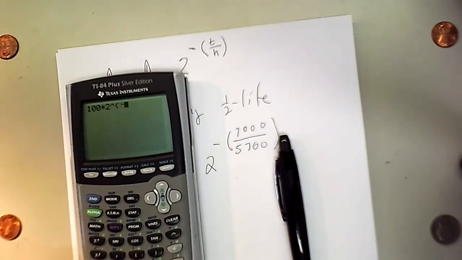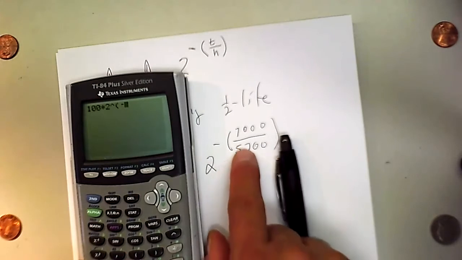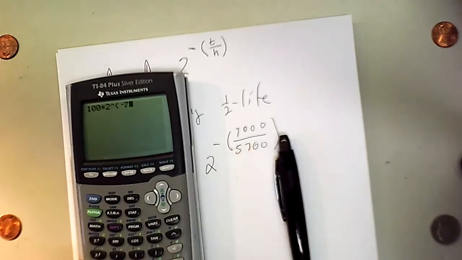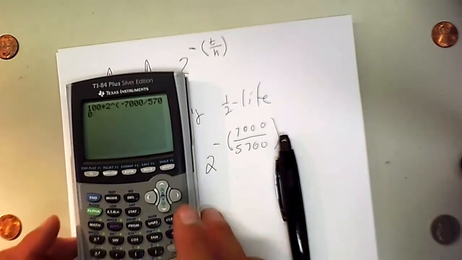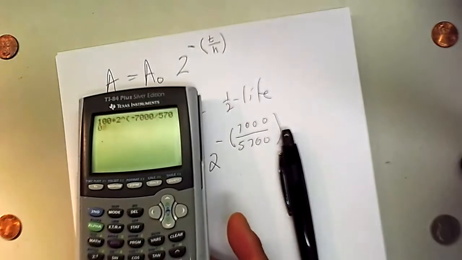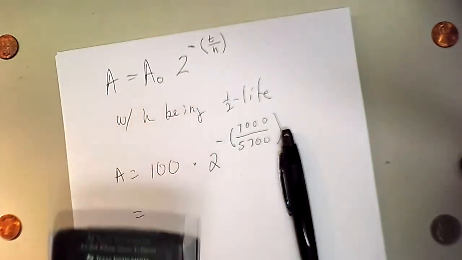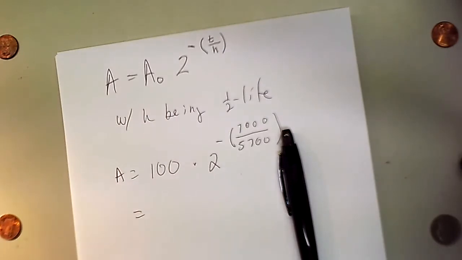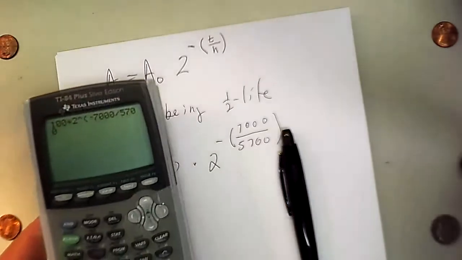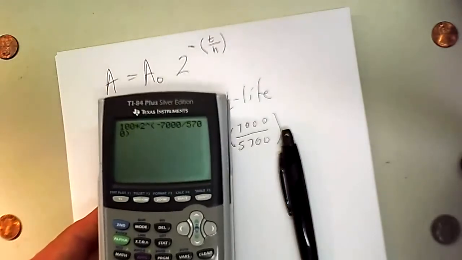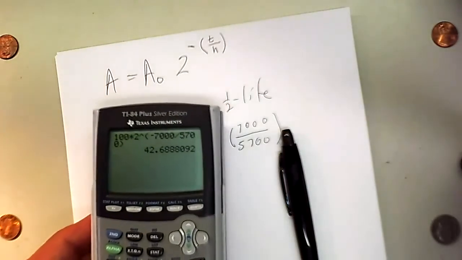So negative 7,000 over 5,700. Sorry, let me just check very closely. Yep, close the parenthesis, and we get